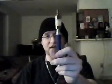So I started out, right after Christmas, really looking into electronic cigarettes and all that kind of stuff, and eventually just went down to the local e-cigarette store. It's right down the road, and talked to them about getting a little starter kit where I could test out different things. And what they got me set up with was this right here, which is a 1,000 milliamp